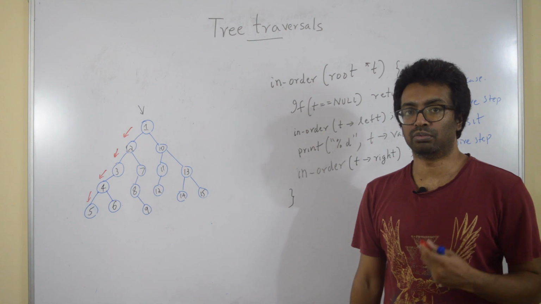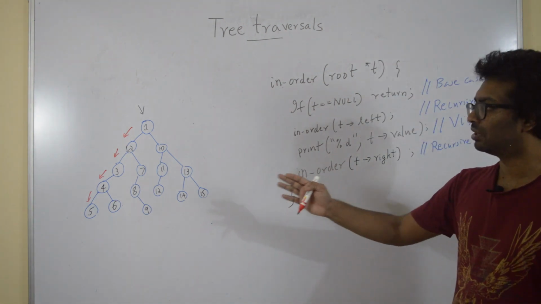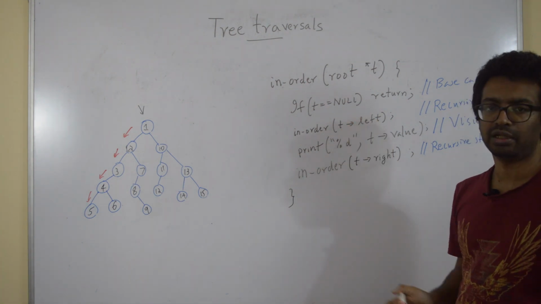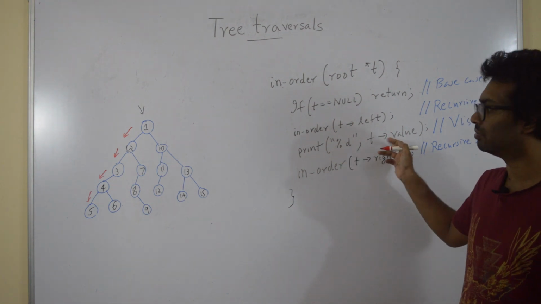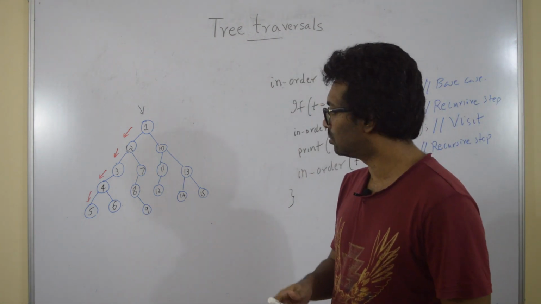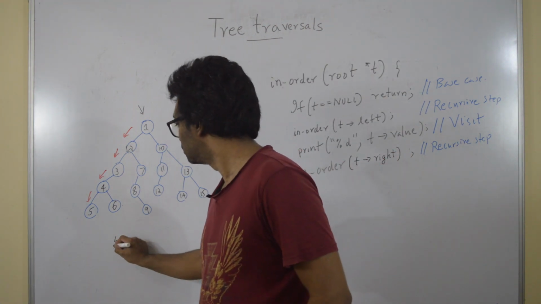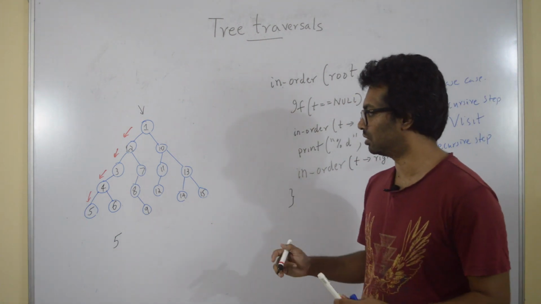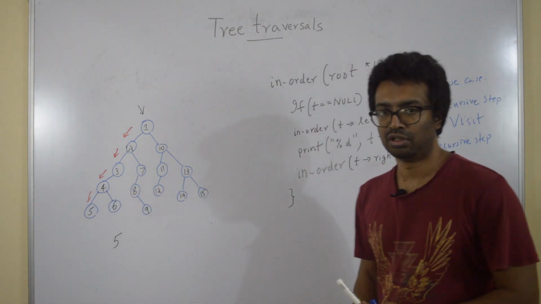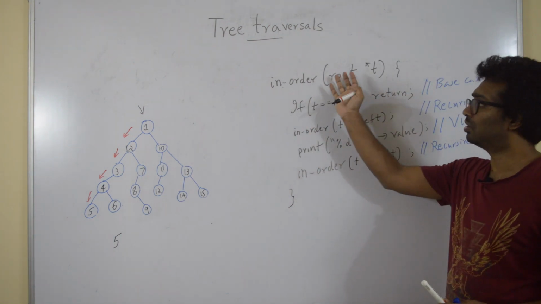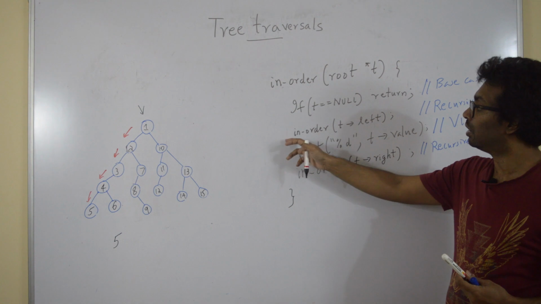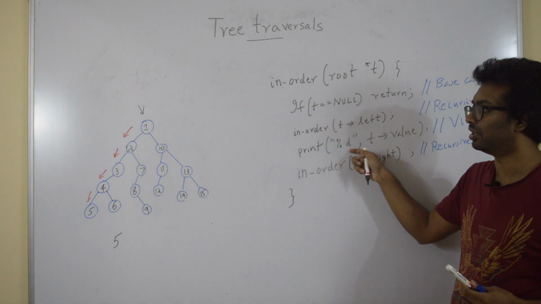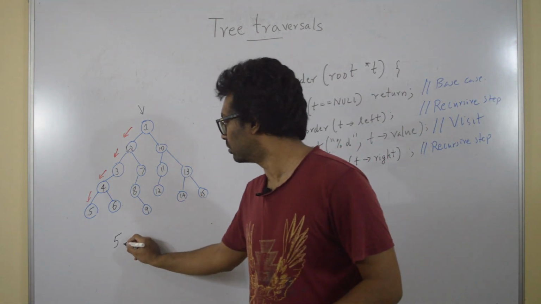Next thing, what will I do? I'm going to print that node 5 because it does not have a left child. There's nothing on the left, that is a null, and so nothing happens. And you print this value 5. So 5 is printed first. After that, it goes to the right of node 5, and there's nothing, so it's done. And it comes up to 4, and you've finished this step, and now you come and print here. Its value is 4, so you're going to print 4,